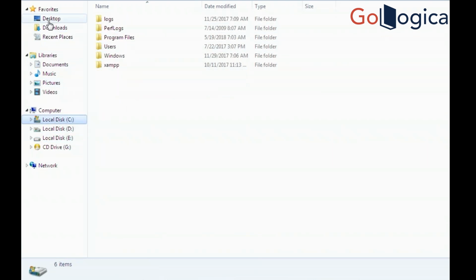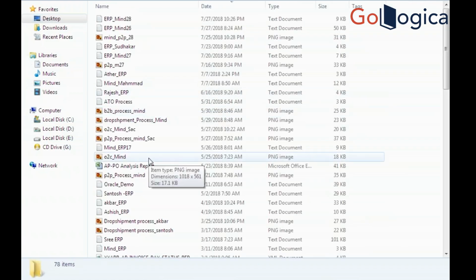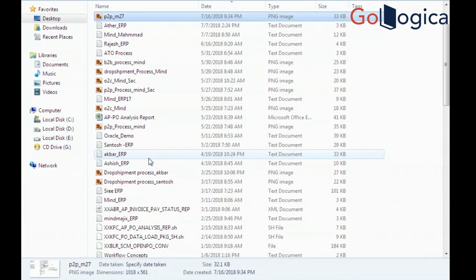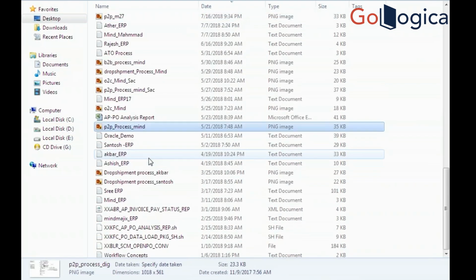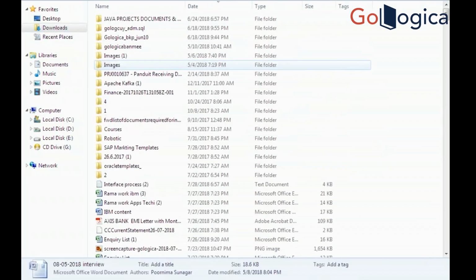Give me a second. Oh, some PO data is there. Okay,